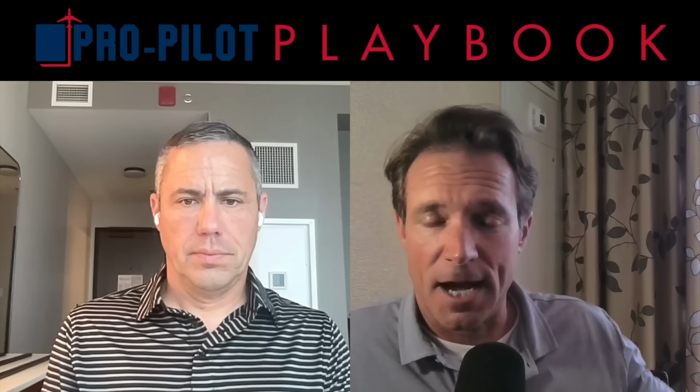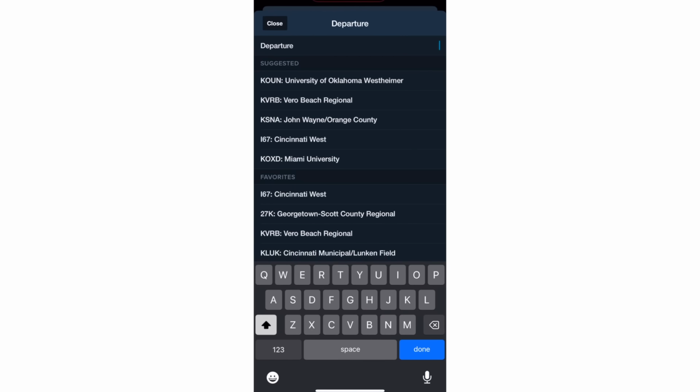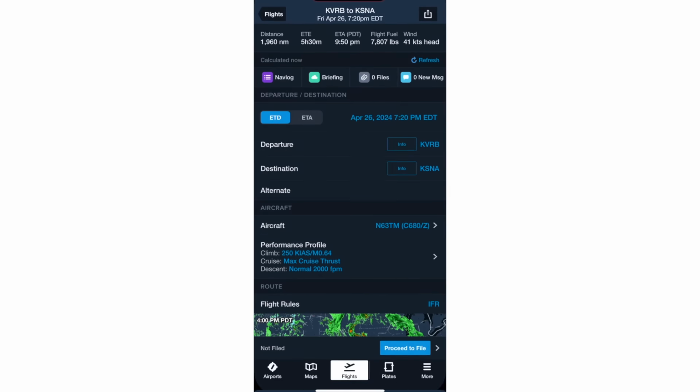When I started planning out this flight to California, the owner calls me and says, "Hey, I need to go to California." I open up ForeFlight and I immediately build out what they call a flight, which is basically putting in a departure airport and a destination. And I choose my tail number, which is already in there. It knows what kind of jet it is. It knows the performance of that jet, the fuel burns, all that kind of stuff at different altitudes. And then I